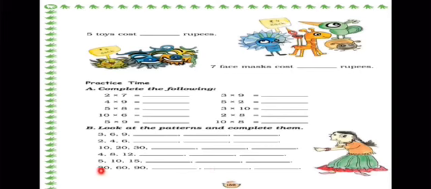Now 3 1s are 3. So we are adding a 0 over here. So we are doing it by 30. 30 1s are 30, 30 2s are 60, 30 3s are 90. 30 4s are, 3 4s are 12, so 30 4s will be 120. Then 30 5s are 150 and 30 6s are 180. So now let's check our answers. So start writing the answers in your textbook.